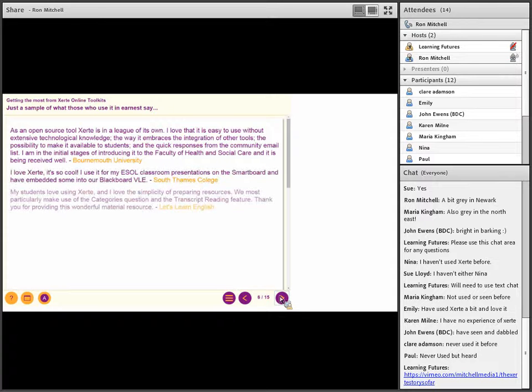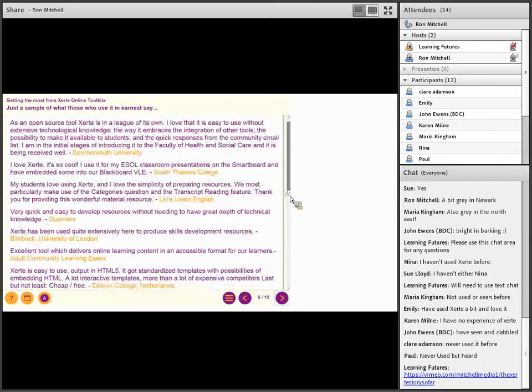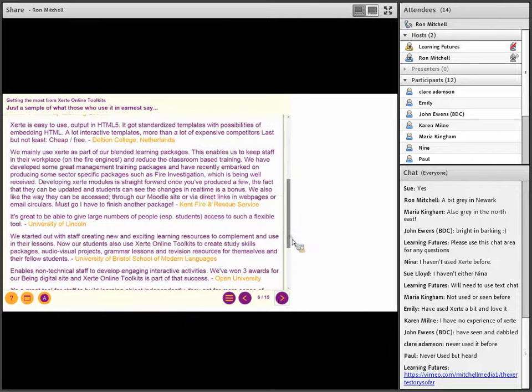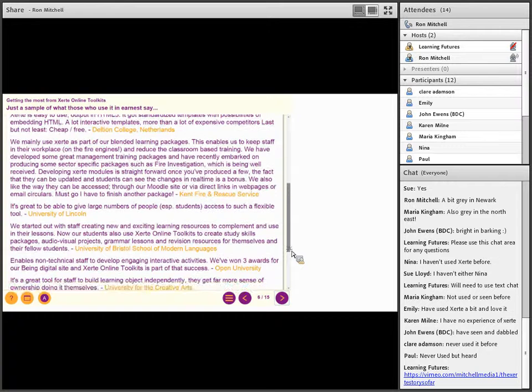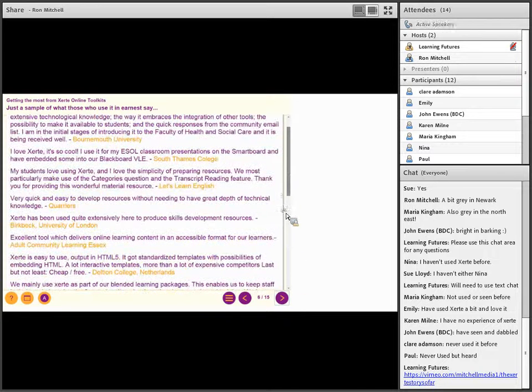And just to evidence that, here's a selection of quotes from existing Xerte users. I'm not expecting you to read all this on screen now, but you'll see, and this is just a selection, a range of different types of organization and the kinds of things that they're saying.